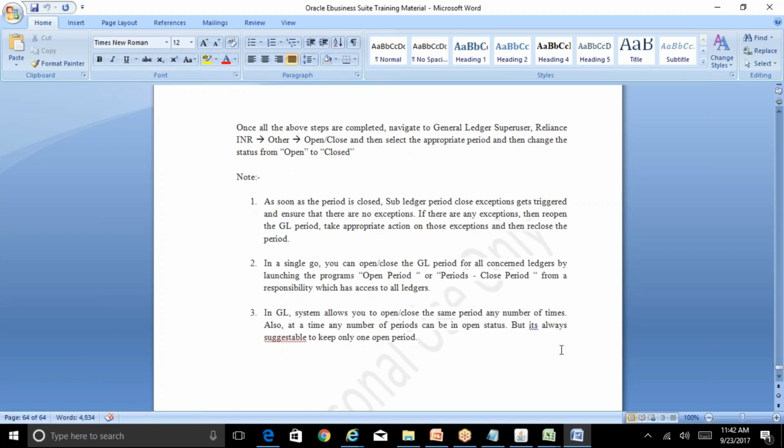It will allow you to close the period, and if there are any exceptions, it will trigger those exceptions in the subledger period close exception report. It will not stop you from closing the period. You can still very well close the period, and then it will automatically trigger the report. You can review those exceptions, and if you feel that for some reason there are some entries missing to be posted from, say, subledgers to GL,